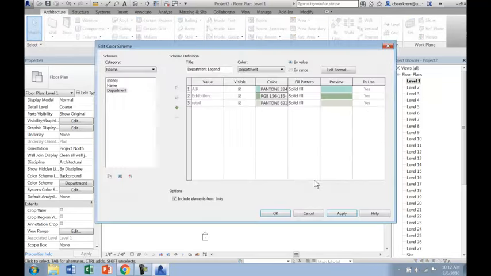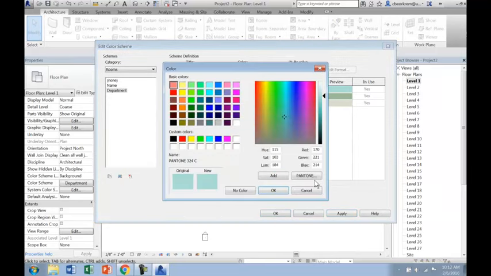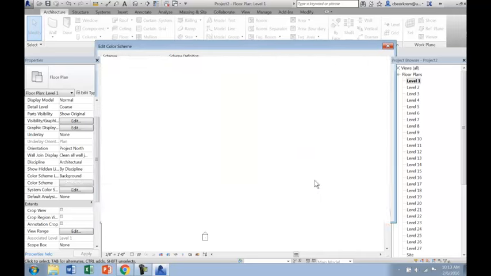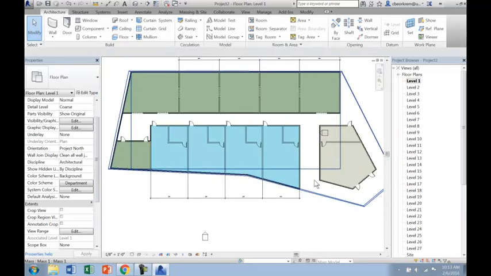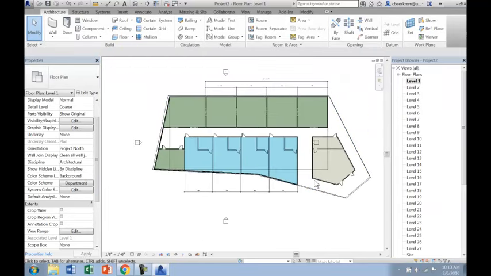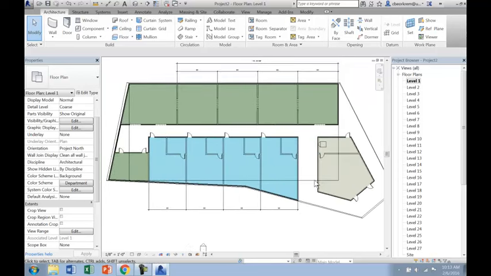And obviously you can come in here and change the colors to match some desired pattern that you might want to actually use rather than the default Revit stuff. So if you wanted to do just grays or black and whites, these are a really simple way to kind of get a nice clean diagram going from your floor plans in Revit as you're starting to outline the different